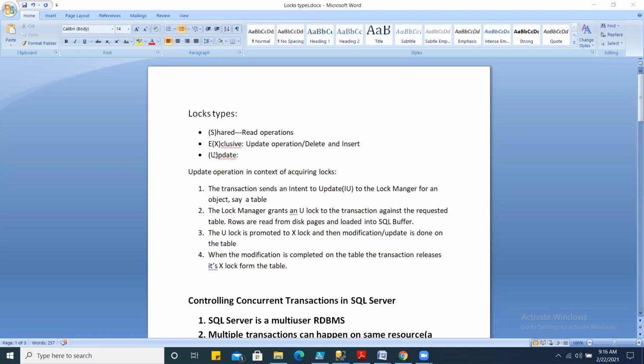By using these three kinds of locks, SQL Server implements transaction concurrency control within the database engine, right? If locks are not there, then concurrent transactions cannot be controlled. What does it mean?